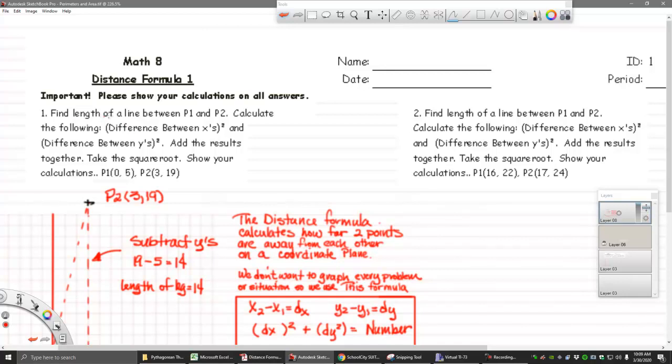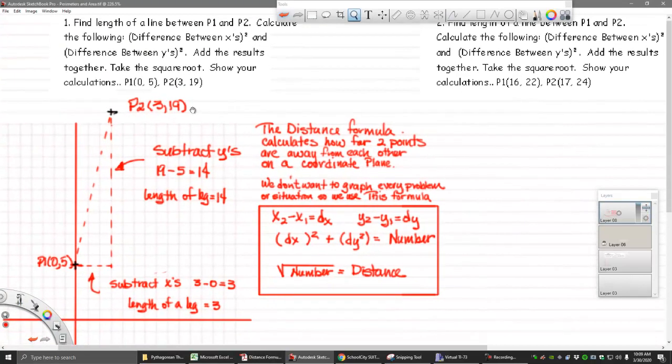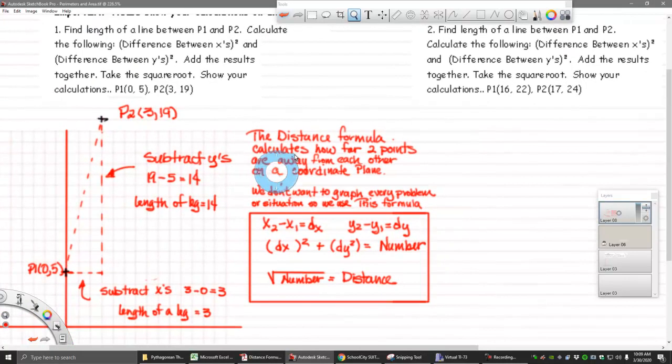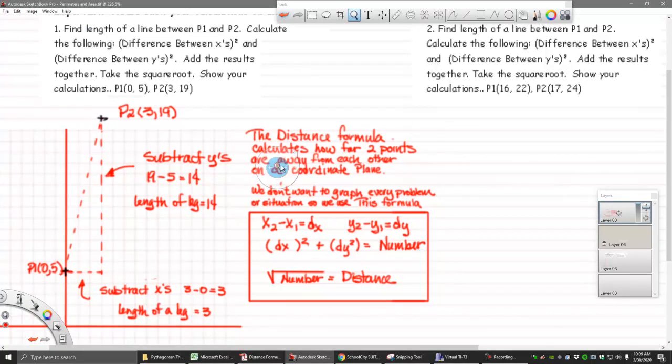So number one says find the length of the line between point 1 and point 2. What the distance formula is used for, it simply calculates how far 2 points are apart from each other on the coordinate plane. So when you think about what we did last time with a triangle, if we know 2 legs of a triangle, we can take one leg if we know the distance of that leg, and this